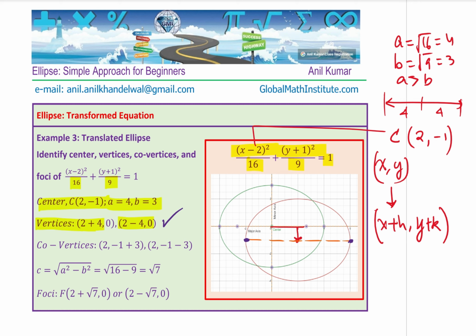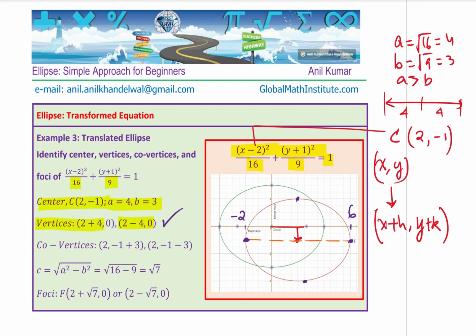So those are the vertices, which are at 6 and at minus 2. Correct? So this value here is at 6 and this value here is at minus 2. So those are the two vertices. The co-vertices have also